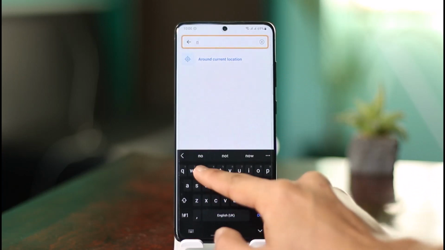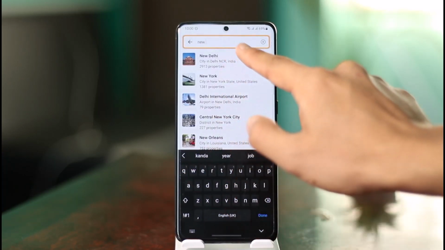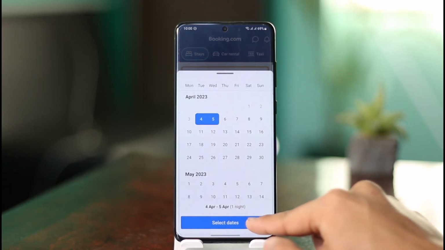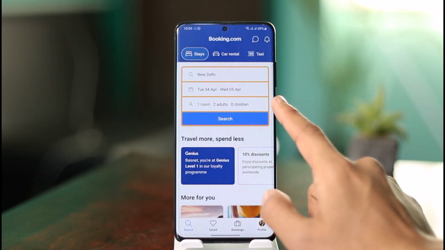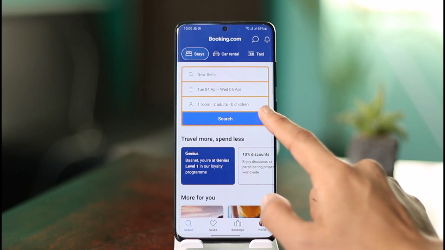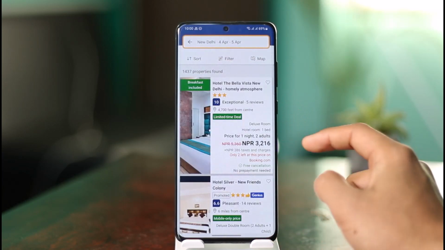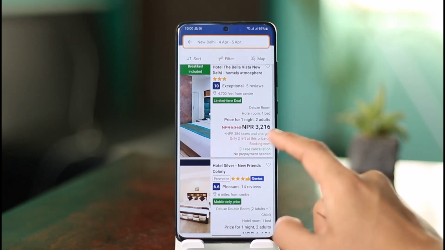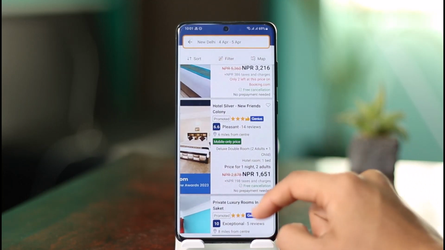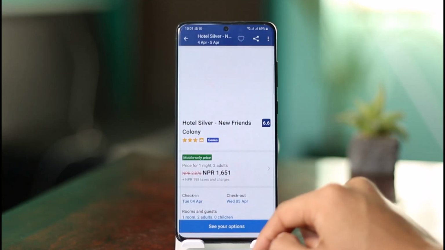So let me just go ahead and search for a specific place that I want to book a hotel in. Let's say I'll just select that location and select dates, and then you can select 1 room, 2 adults and whatever else, and then just click on the search button. Once you click on the search button over here, you should be able to see the list of available hotels here, and once you see the list of these available hotels, you can just select them,